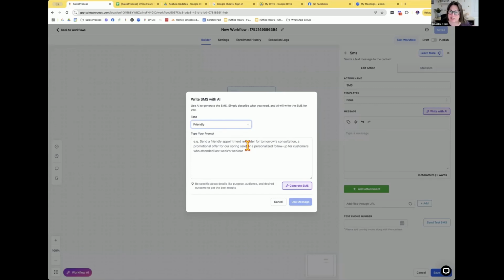And prompting really is the key to making your AI good, right? So you want to be specific. You want to provide it with the information that it needs. And so we're going to continue on with our theme of writing out a visibility challenge day one message. Okay, so